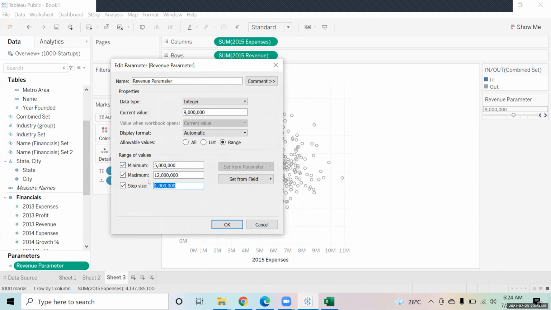Okay, in that show parameter, how will the step size be indicated? I'm not getting this step size. So step size is like, the first value is 5 million. I've given a range, so I'm defining that these values will jump by 1 million: 5, 6, 7, 8, 9, 10, 11, 12. Okay. So that is what step size is. If I keep the step size as, suppose, 2 million, it will be 5, 7, 9, 11, that way. Okay. Okay.